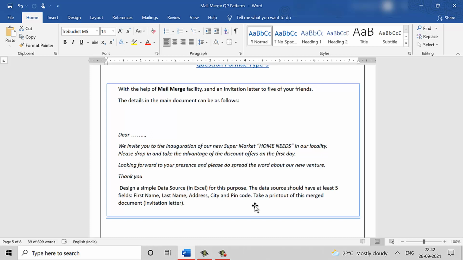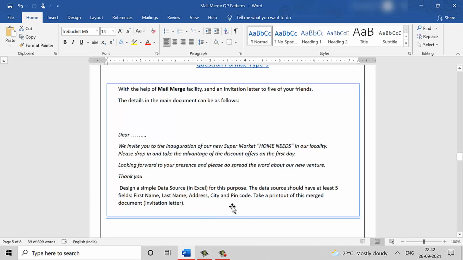Unlike the last 2 questions where the data source was supposed to be created in a Word document, here it is specified that the data source has to be created in MS Excel. So this is one thing that we'll have to note, or be sure of, in the exam, and we cannot interchange creating the data source from Word to Excel or vice versa.